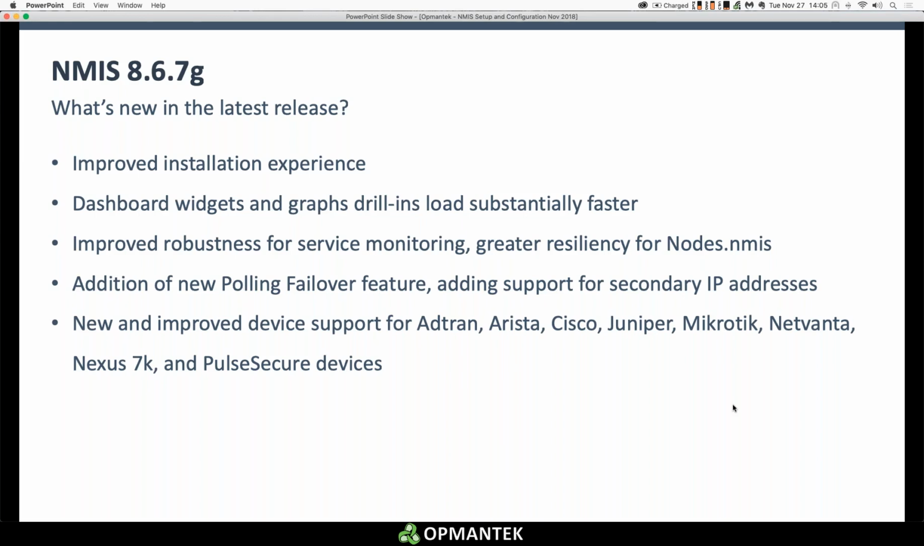There are fewer manual steps in the installation. It's much more automated than it was just 9 months ago. Many of the things that were optional, that were not installed automatically, are now installed automatically for you behind the scenes. We've also greatly improved the speed of the NMIS dashboard, the way the widgets draw, the way they refresh,